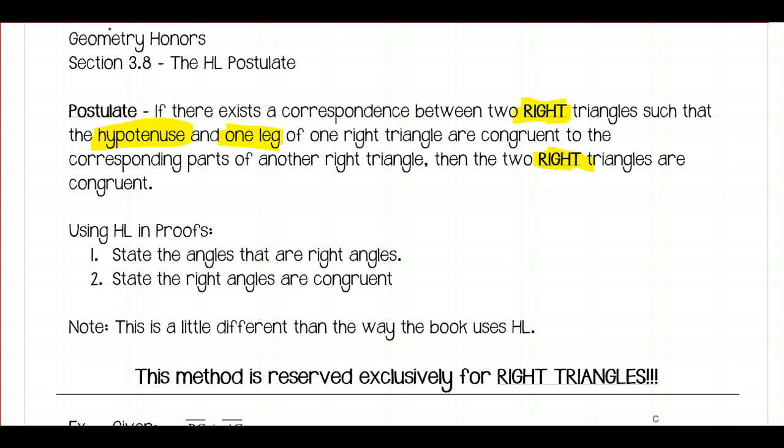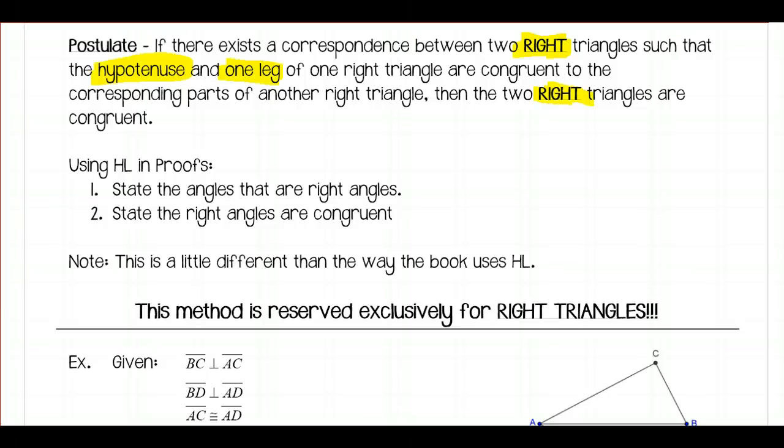So if you notice, most of our other methods use three letters: side, side, side, three S's, SAS, two S's and an A. This one only uses two letters, hypotenuse, leg, and the third piece of information that we need are the right angles. Okay, so again, this is a spot where we're going to do things a little bit differently